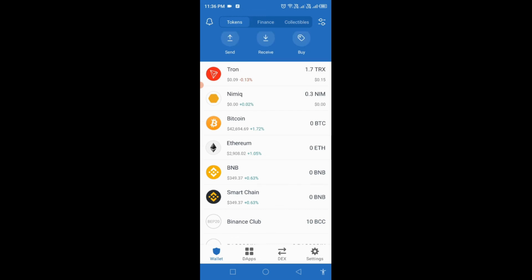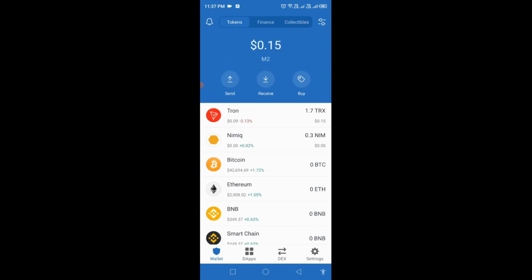So this is the method of how you withdraw your Rax coin from the UnityByte website to your Trust Wallet, and from the Trust Wallet with PancakeSwap you can swap this Rax coin. Then with the help of a local exchange like GeoTest, Zip, or any other, even Binance, you can turn this Smart Chain BNB into INR, and we can directly get that INR into our bank account.